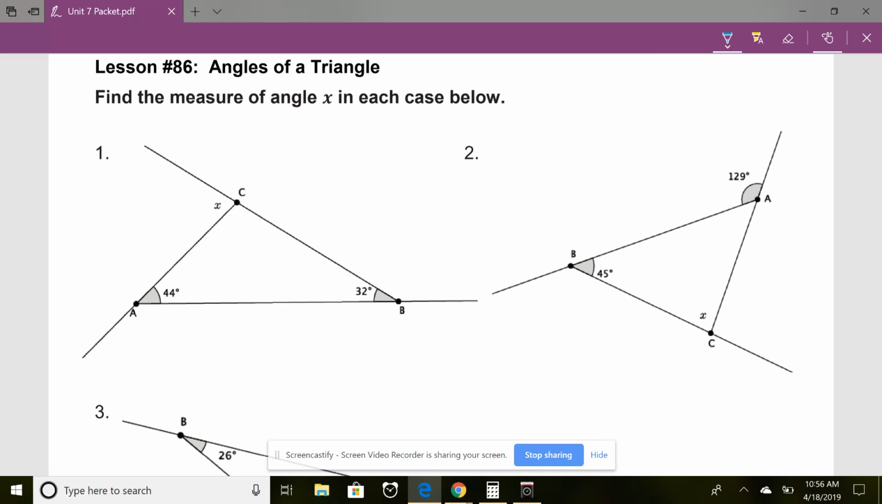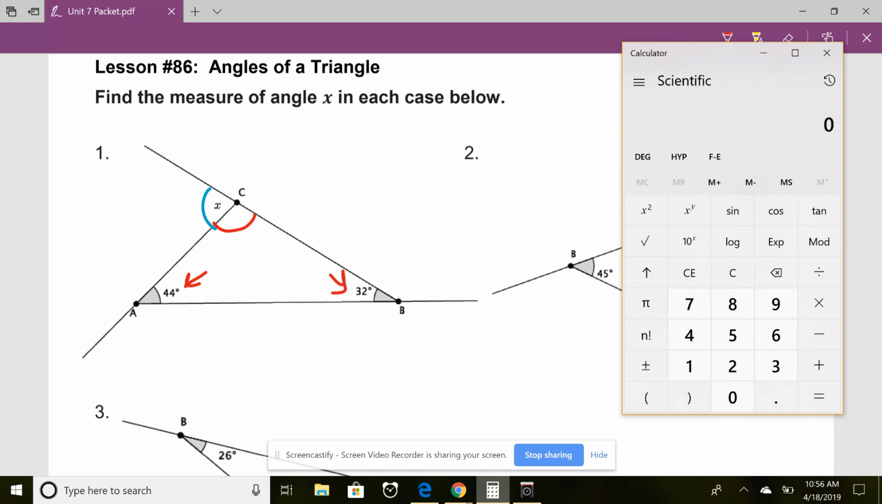So in order to find x in this case, we might not be able to do that right away knowing what we've already learned. But I can find this angle that's inside the triangle right here. You can do that because you have a triangle and you have two angles right here, 44 and 32. So to figure out that red angle, you're going to cut those two angles out of 180 degrees. So 180 minus 44 minus 32, which is 104